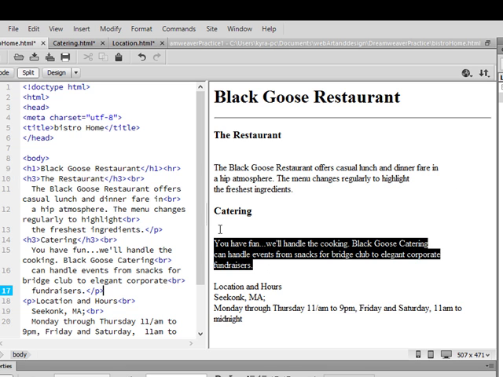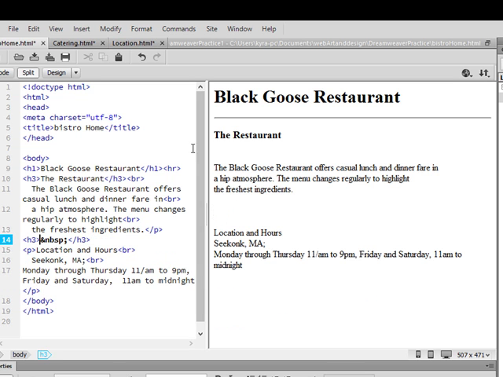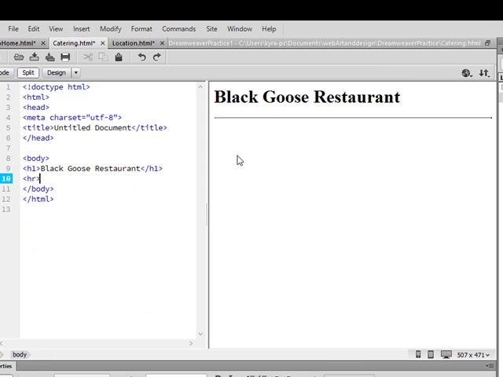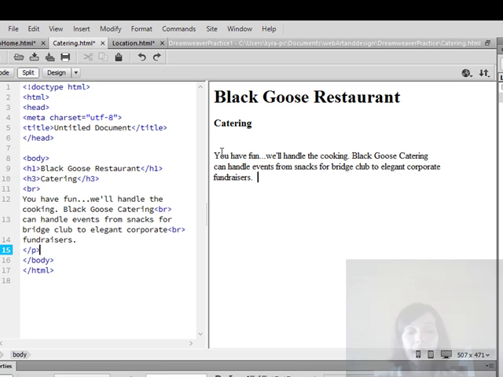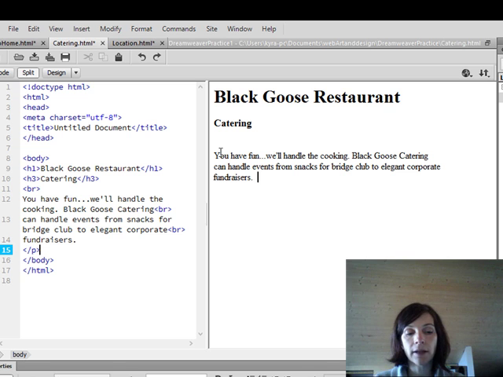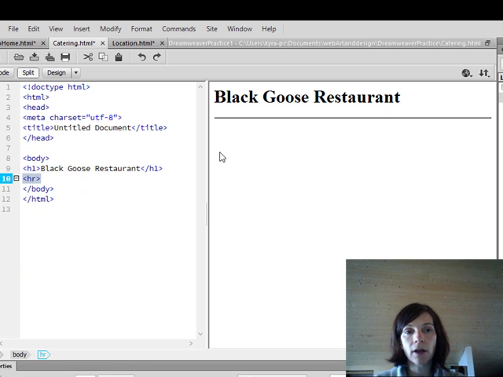Go back to my Bistro, and what I want to be on my catering page is actually the information for catering. So I'm going to cut this out. I'll do Control X, and now that I've opened up all of my files from the Files panel, I can notice that up here actually they've opened up as tabs. So that's how I can also switch back and forth. And I'm going to paste this in,